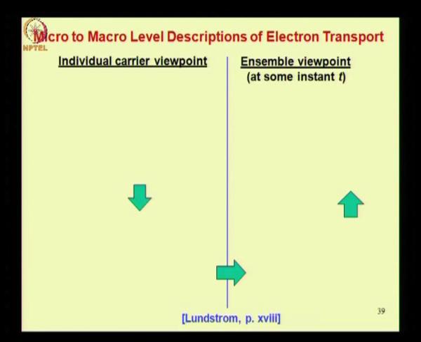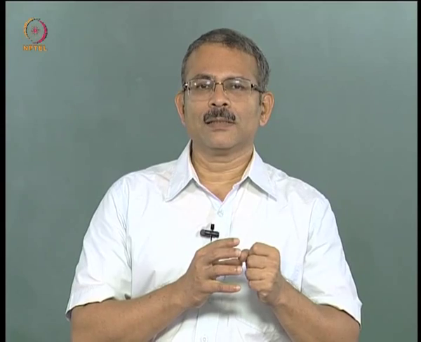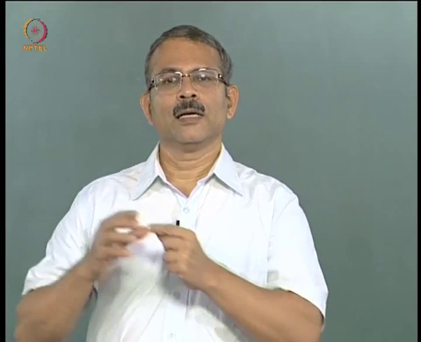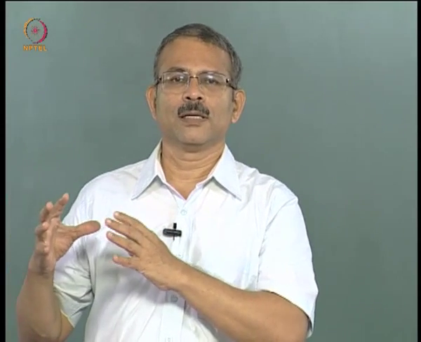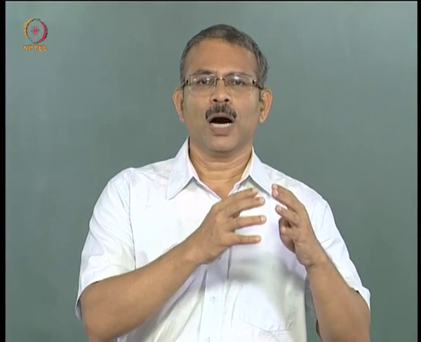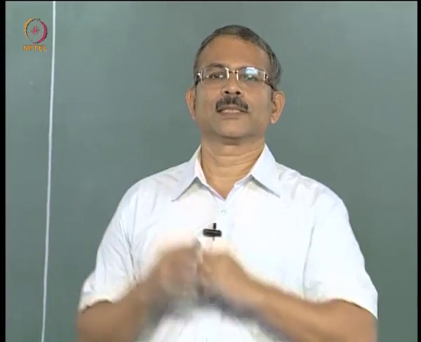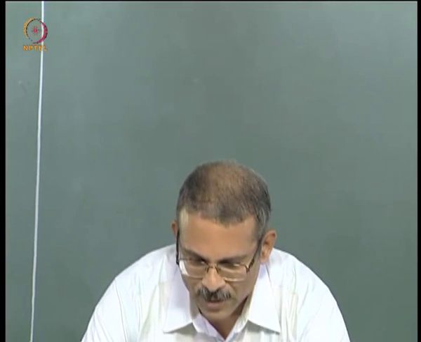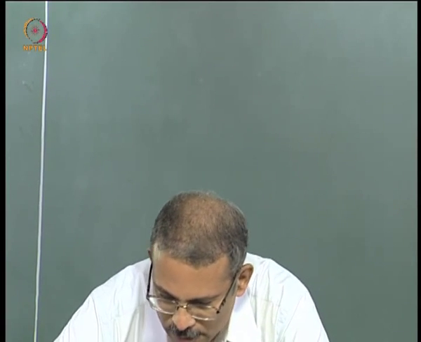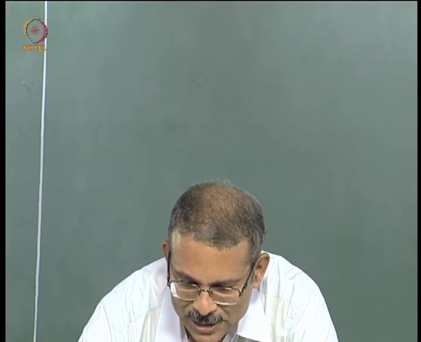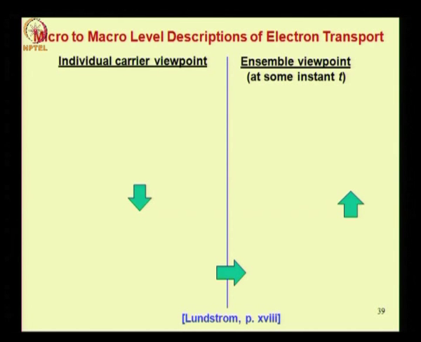To start with, let us discuss the micro to macro level descriptions of electron transport. So the microscopic level and the macroscopic or the gross level. Progressively, how do we go from the microscopic level, the small scale, to the large scale? We shall show 4 different levels of descriptions. The most fundamental level,